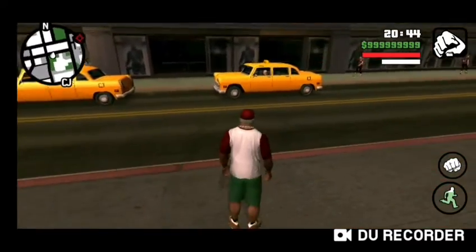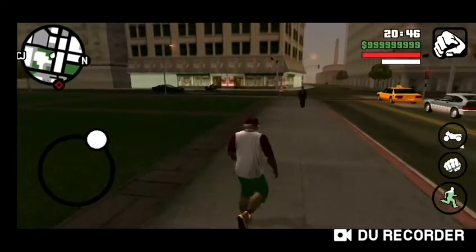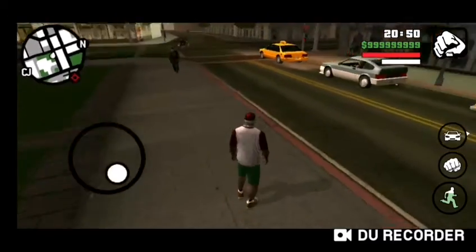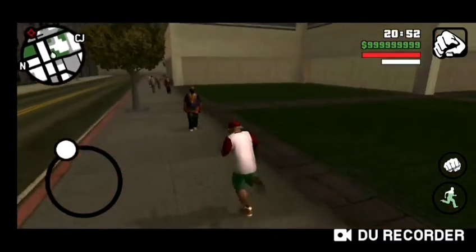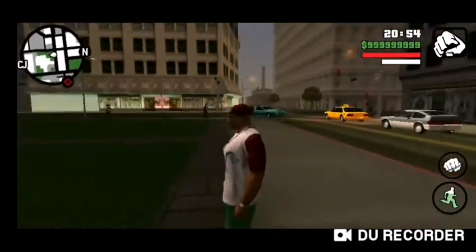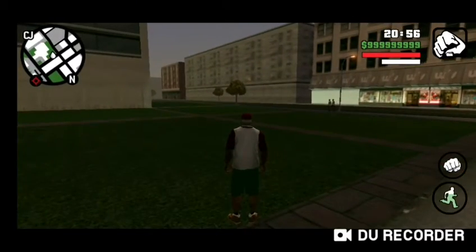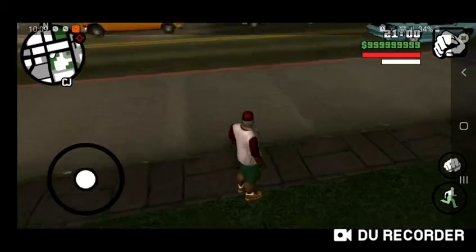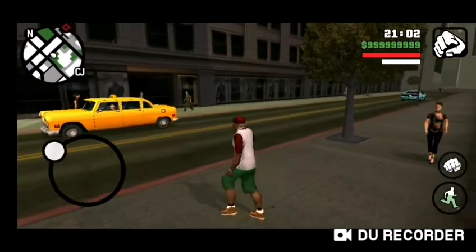So this was our fourth mod. Now the fifth mod is the skin selector mod. Yes, this mod is for fun. This is not useful. For example, if you like playing role plays like we do in the director mode of GTA 5, so this is gonna be very helpful for you.